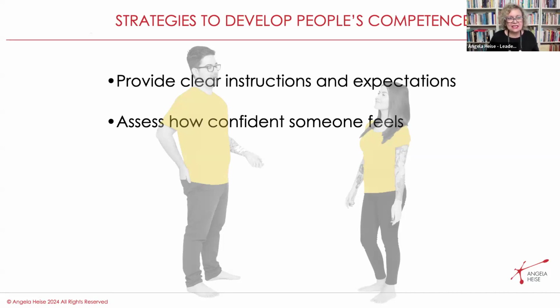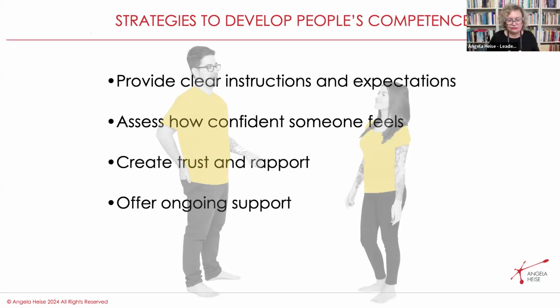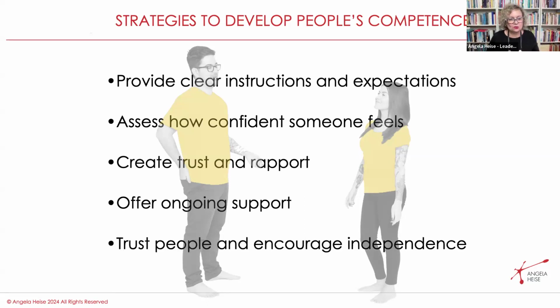So providing clear instructions and expectations is really important. Set exactly what you want, but then also let go, so that you can create trust and rapport, and then you can offer ongoing support, so that you encourage independence, and people can really step up and really be fulfilled, and you can have a life, which is what's really, really important. And you make the most of people's capabilities, and again, more heads than one create a synergy that is hard to beat.